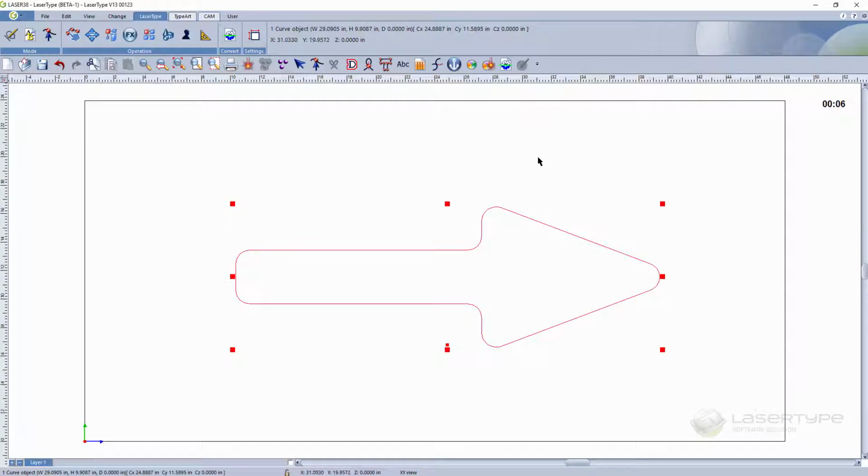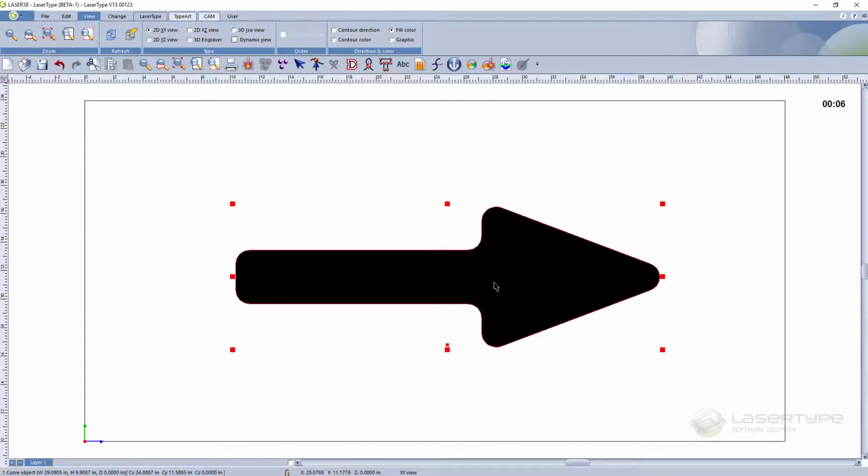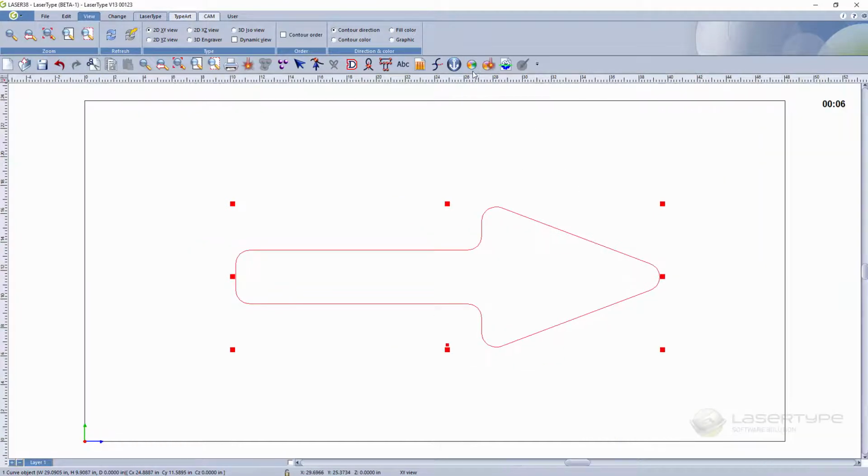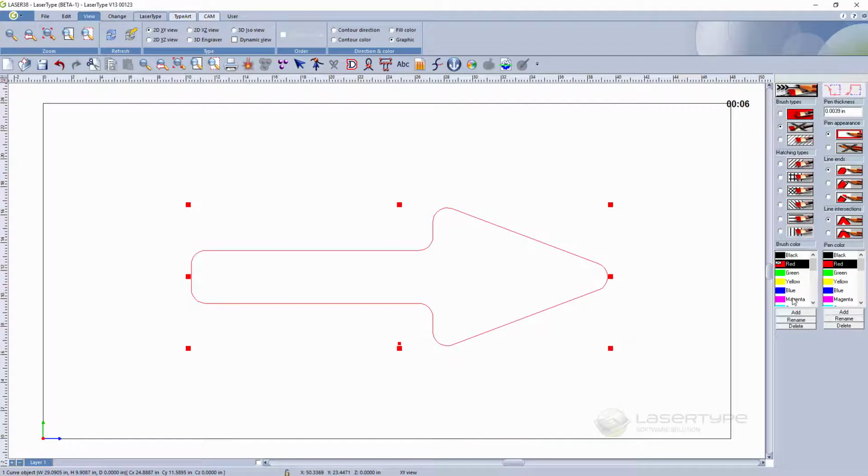The capability of LaserType in terms of manufacturing is probably one of the most advanced, in the way that you can deal with different aspects, what we call here the different directions and color views. If I go for instance for fill color, we can fill the object with any color we want, but we can also directly go into the graphic modes and open on the right side the possibility of graphically setting up the drawing for the machining.